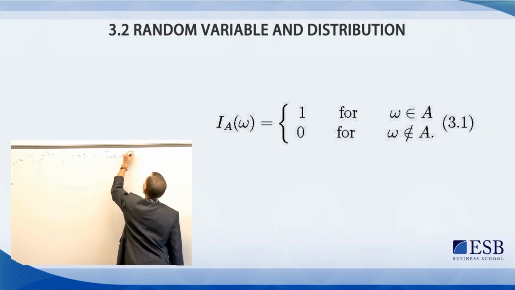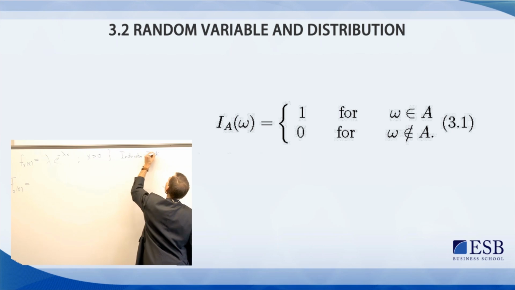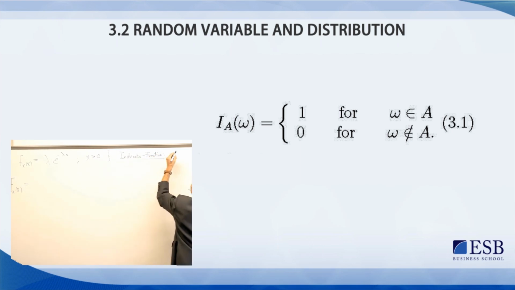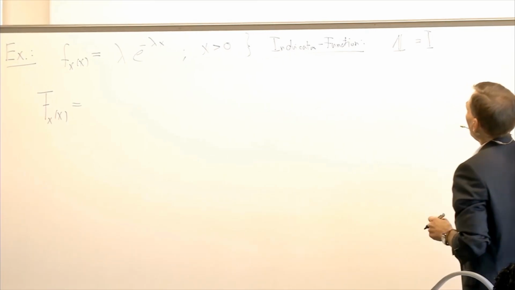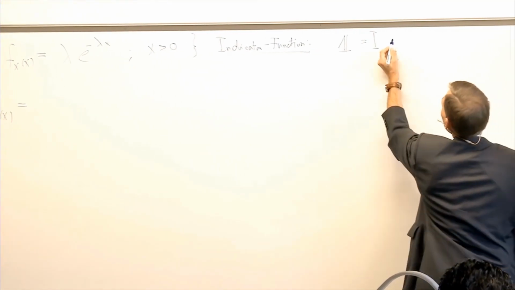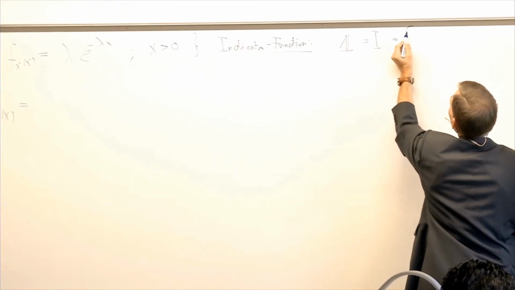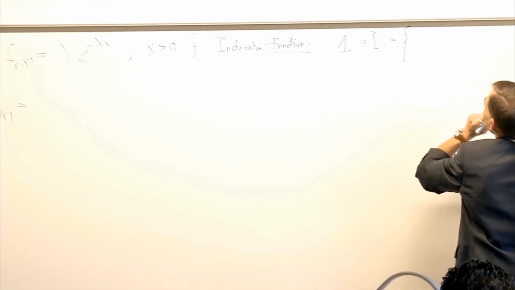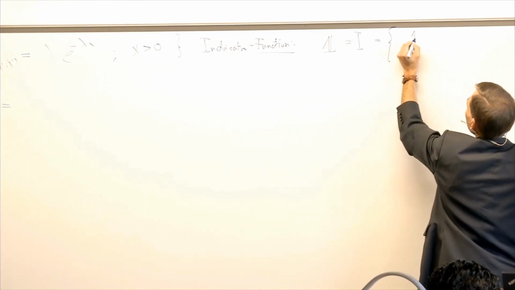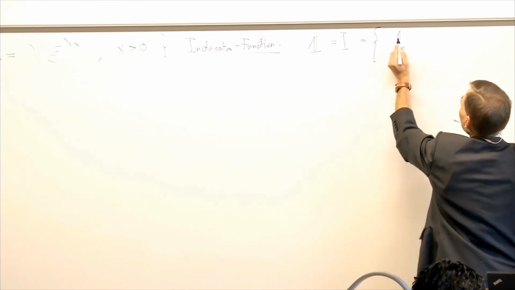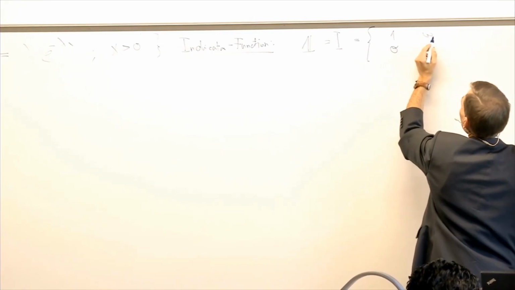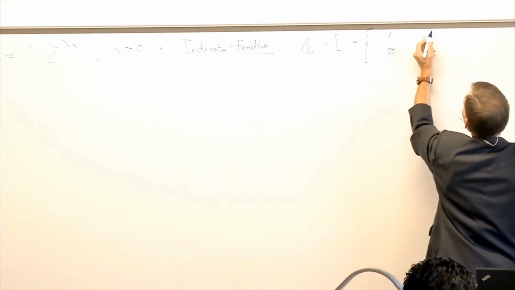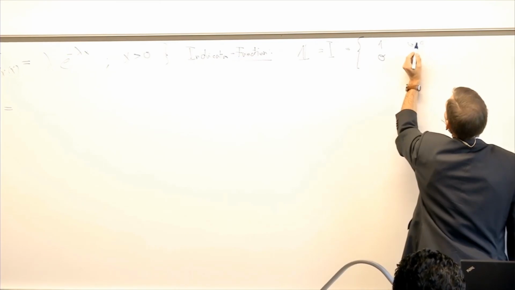Indicator function. And we use the letter 1, or we use just the E. So what is an indicator function? What does this mean? Well, it's not too difficult to understand. The indicator is a function which is either 1 or 0, and it is 1 if my event omega or my income x is in my